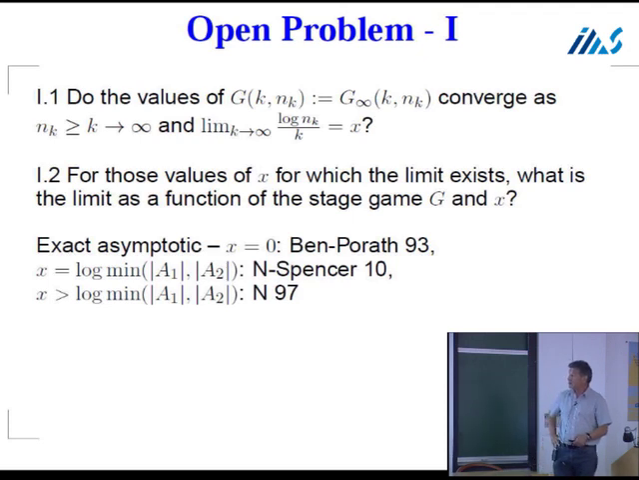And why is the scale this one? Because there are exact asymptotics for the case x equals 0, when Ben-Porath 93, basically 86 but published in 93, computes this limit of the value. Let me right now tell you that in this case, when x equals 0, the value converges to the value of the stage game. For x sufficiently large, larger than the log of the minimum of the sizes of the matrix. So if it's matching pennies, the number of actions of each player is 2, so its log is 1. So it means for x larger than 1,